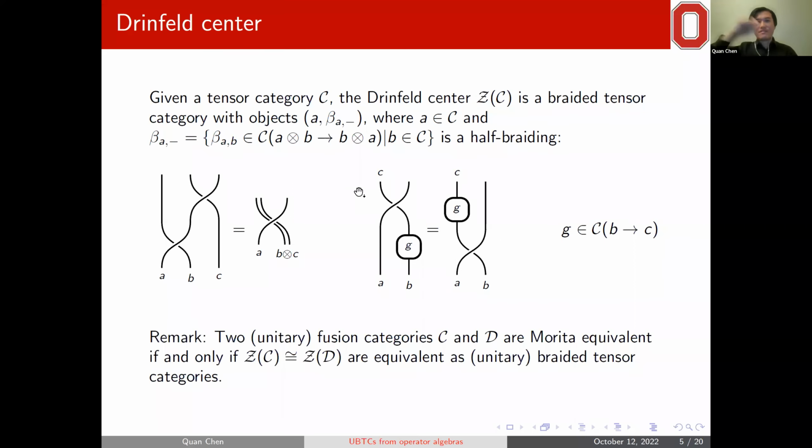So the Drinfeld center is very nice, and one remark is that two fusion categories are Morita equivalent if and only if their Drinfeld centers are equivalent as braided tensor categories, and we can add the unitary condition on that. It's still true. And this remark is only true for fusion categories, and we don't know for general categories whether this is true. We only have one way. The other way we don't know, but since our topic will focus on fusion categories later. Anyway,